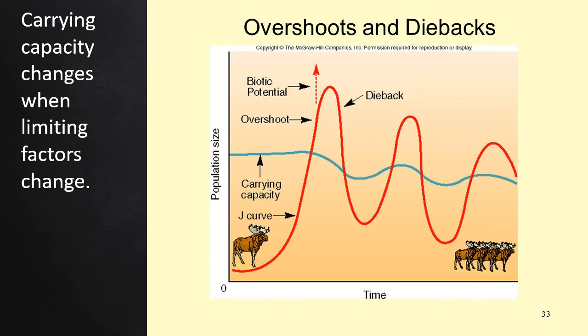Here we have a moose population. Let's say the average carrying capacity is here in blue, right? In the summer, the carrying capacity would actually go up because the food supply is at its highest. And notice, it's showing the moose population going beyond the carrying capacity, and birth rates are still higher than death rates because in the summer there's plenty of food.